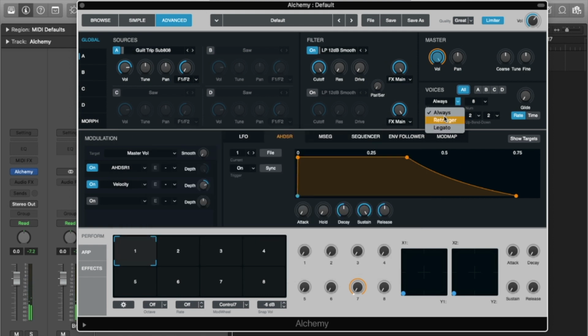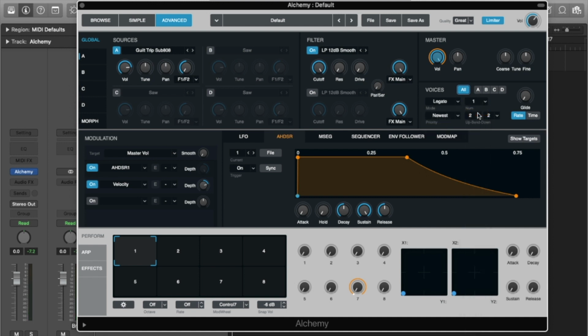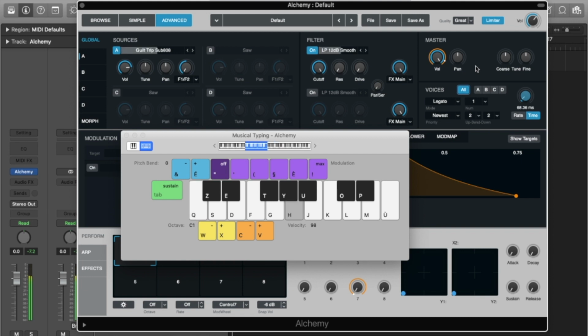I always make voices on legato, voice on 1, so that means only one note can play. So if you play different notes, only one of them will be played. And this is the glide time. I always want it to be time in 64 milliseconds, around 64, 60, 70 on this. So now